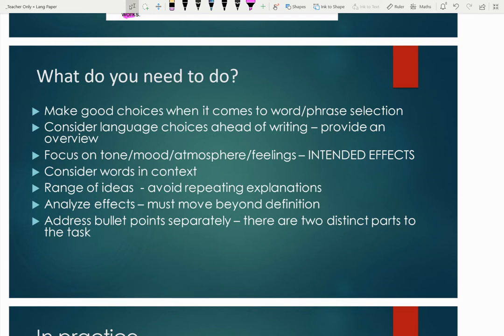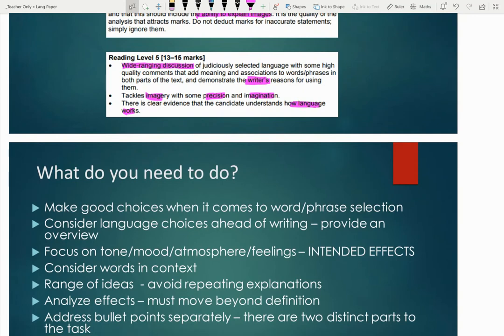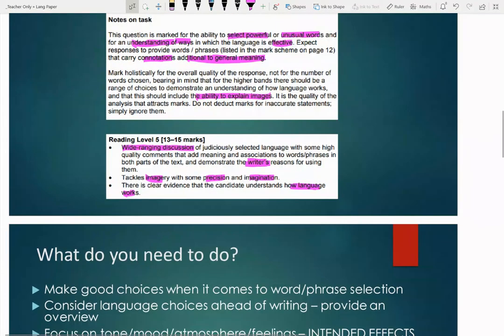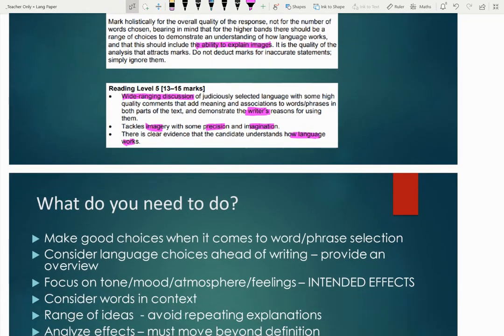We know from what we've just looked at that there has to be a range. We know that the words have to have associations and connotations and implications associated with them. We know that they should be images. And I guess when it comes to images, what the exam board are really after are either you being able to identify some example of personification, or an example of a simile, or an example of a metaphor, or an example of something auditory, some kind of auditory imagery, or gustatory, something to do with taste, bitterness and sweetness, something sensory and something perhaps tactile,